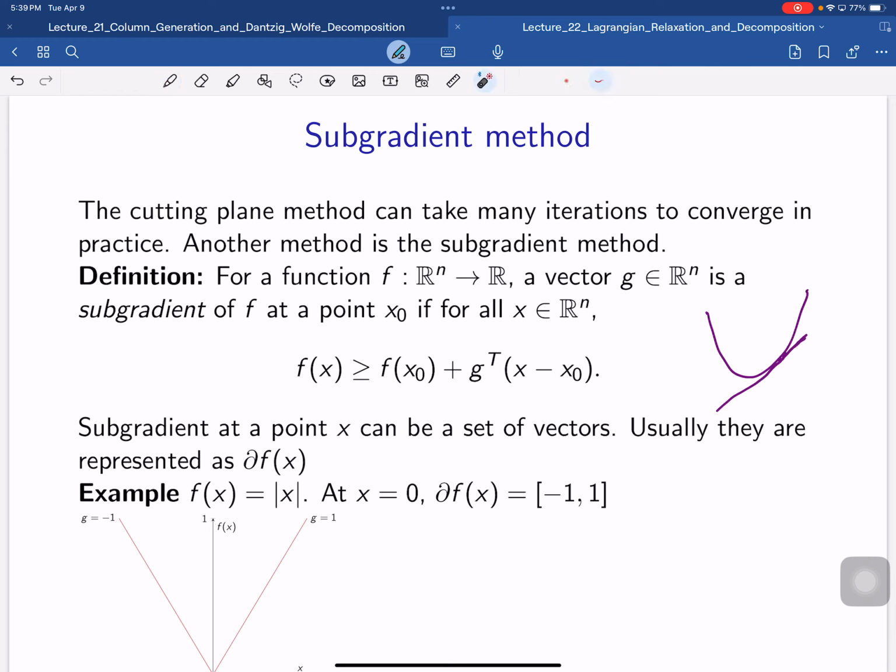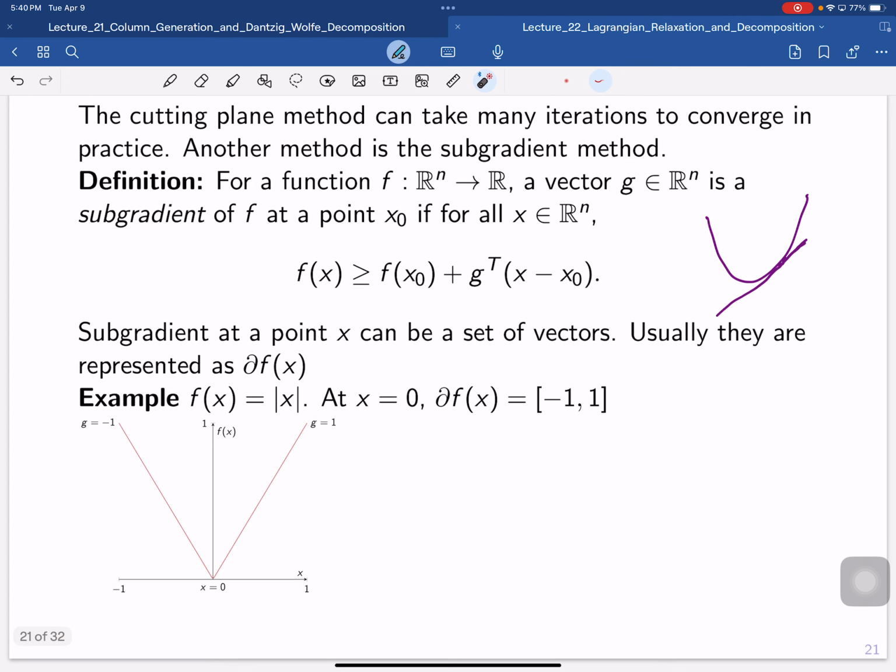So the subgradient is saying, although the function is non-differentiable, I can always find a so-called subgradient direction g such that f(x naught) plus g transpose (x minus x naught) always underestimates the function f(x). Intuitively, always think about the absolute value function. It is a non-differentiable, non-smooth function, and it is convex as well. It's very clear that the absolute value function is convex, right? Of course, it's differentiable at most of the points,